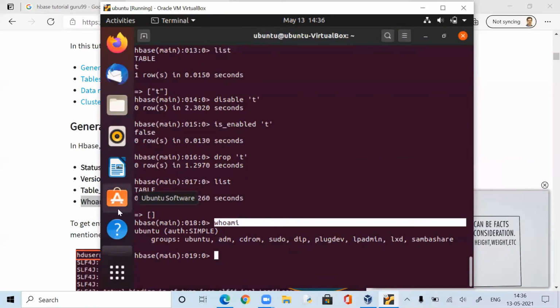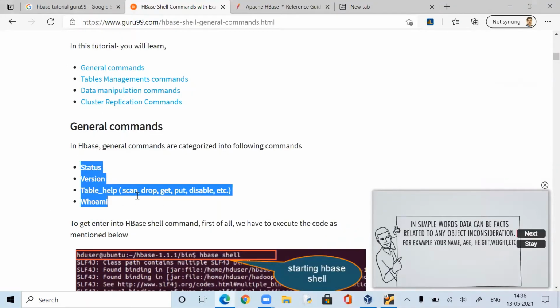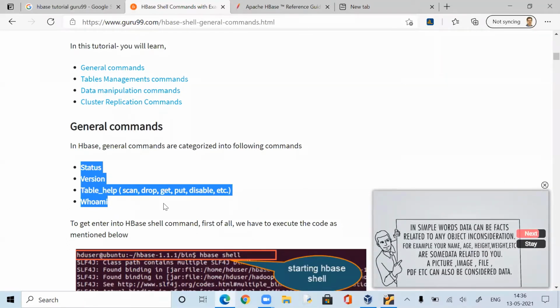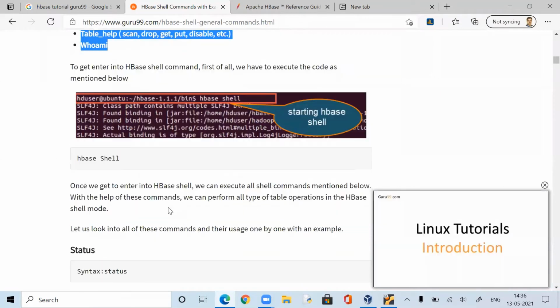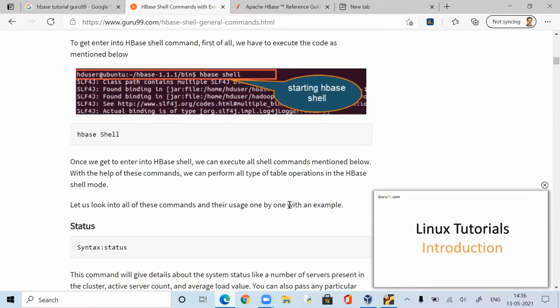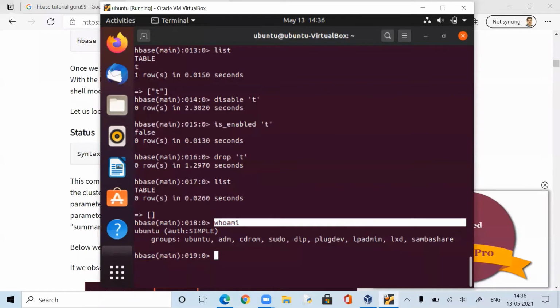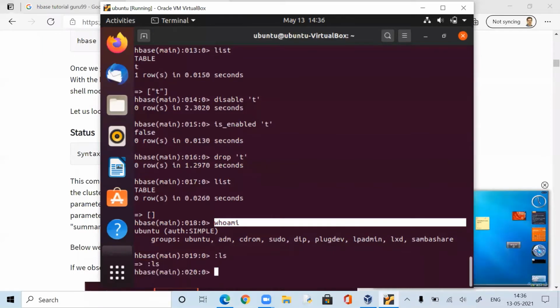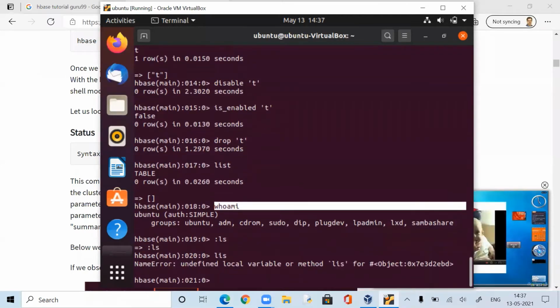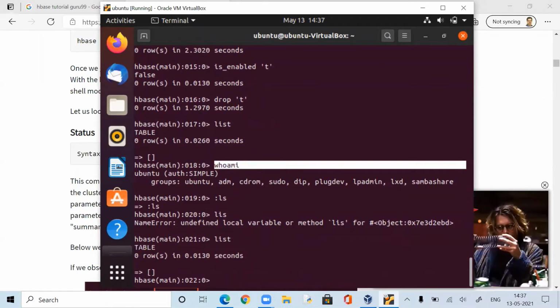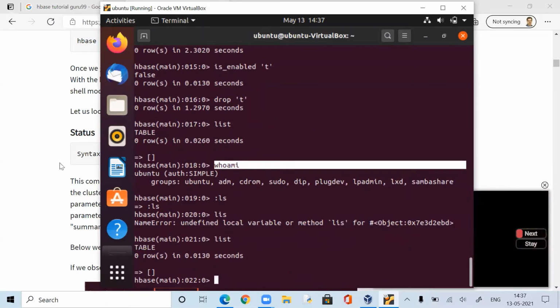So these are actually the basic HBase shell commands. These commands have nothing to do with the Linux shell. They are not bash shell commands. And by the way, like in Hive, you can't do this. I don't know if a colon operator is there. You have ls. Oh, okay. That colon operator will not work.